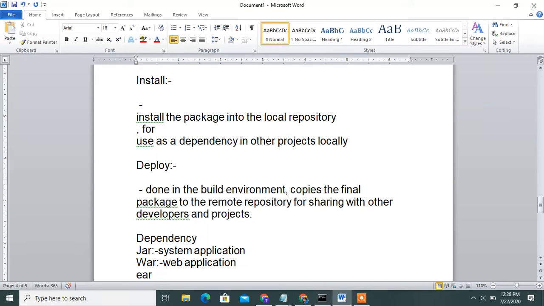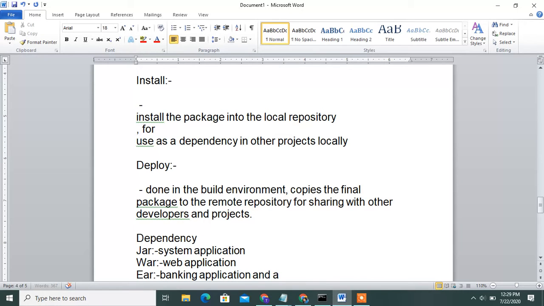The type of dependencies present matters. Ear is a banking application, like the enterprise edition.